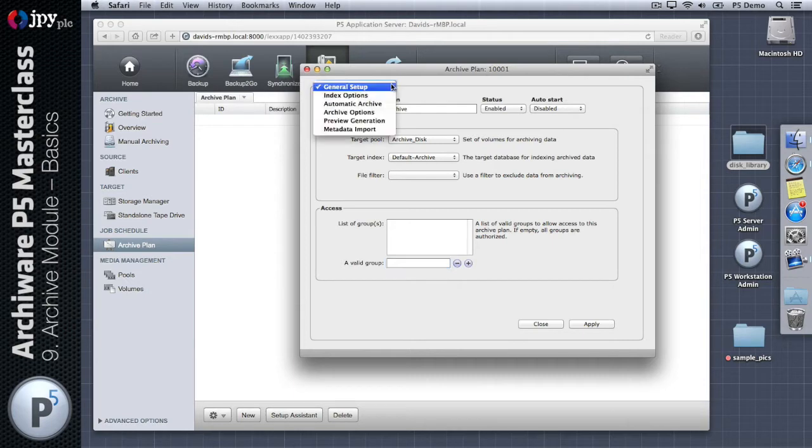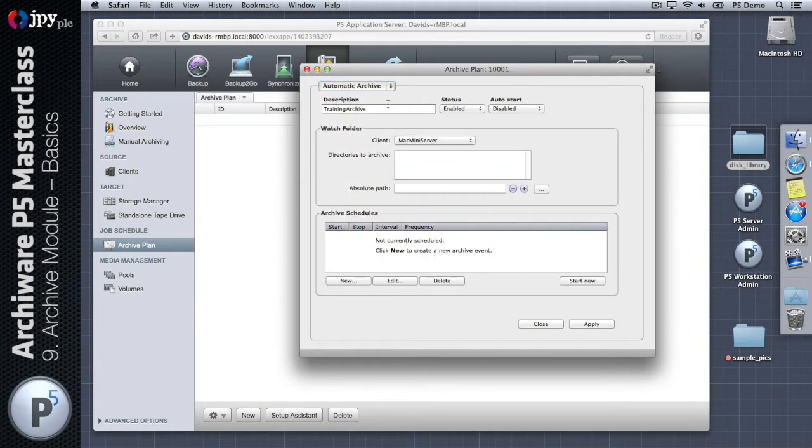So there are a number of different pages of options, 6 to be precise, in configuring an archive plan. They're not all necessary for doing simple archiving. I'm not going to go through every page. I'm going to first look at automatic archive, because this is where you configure the archive plan to run on a schedule and archive a folder or list of folders on a repeating basis, a bit like the backup plan would run. There are 2 ways that you can trigger archiving of files from disk over to disk or tape,